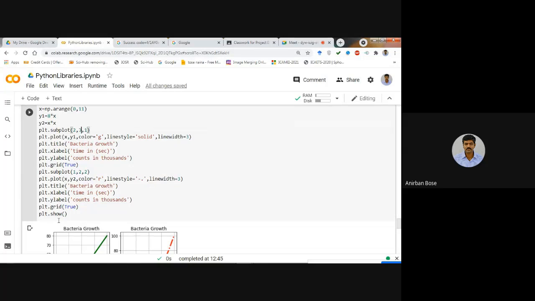Shubhashish, if we write 2, 3, then how many graphs can be accommodated? 2 into 3, total 6 graphs can be accommodated, because there are 2 rows and 3 columns. And in those 6 positions, this one indicates at which location it is. At each location there will be one graph only. Yes. So this is the meaning.